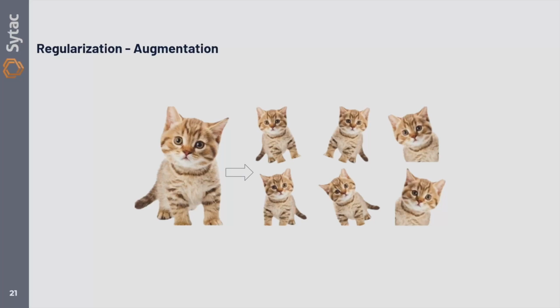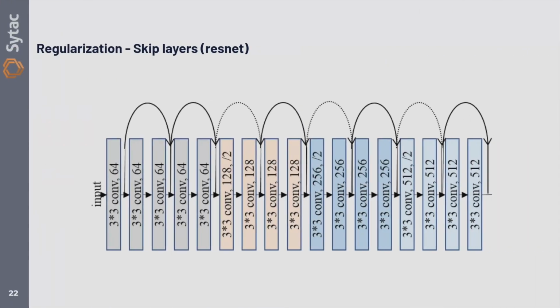So augmentation is also good. Input data is a cat, just a bunch of pixels. If you turn the cat around, it's still a cat. This is a way to augment your data and make sure that you have enough data. So the model also learns which types of transformations it shouldn't look at, right? So if the image turns darker or brighter or turns around, it doesn't make any difference for the output.